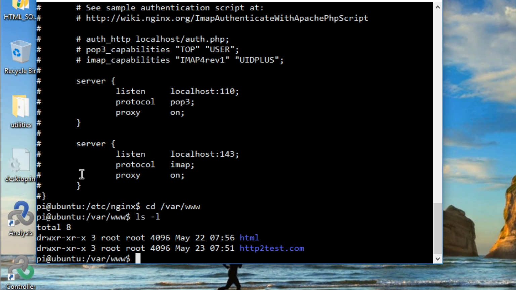You'll see that I have a website in var www called http2test.com, and that may be a real domain out there, but I'm actually not using it. I'm mapping that manually in my own host file to point to the IP address, which is temporary, and by the time you see this video, probably this machine won't even exist. So even if that's a real domain out there, I'm not using that as a public domain. So if you go to that site and there's something there, it's not going to be what you see in this video. So if I go into that directory,